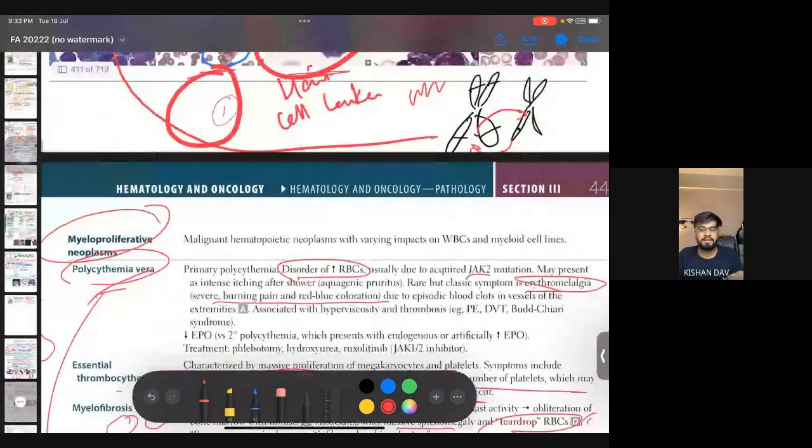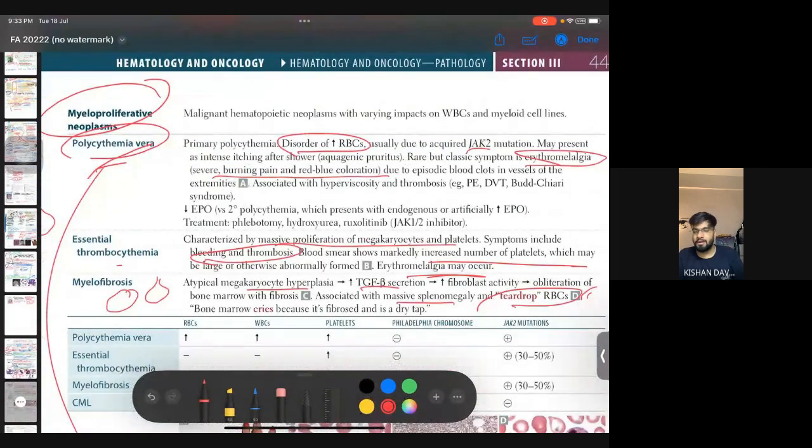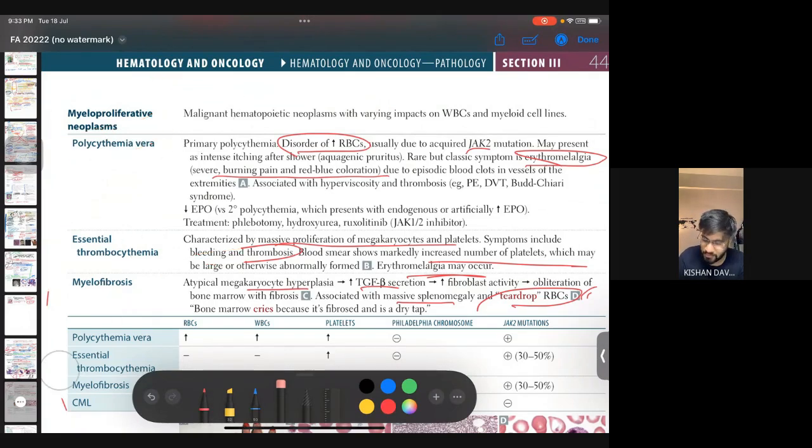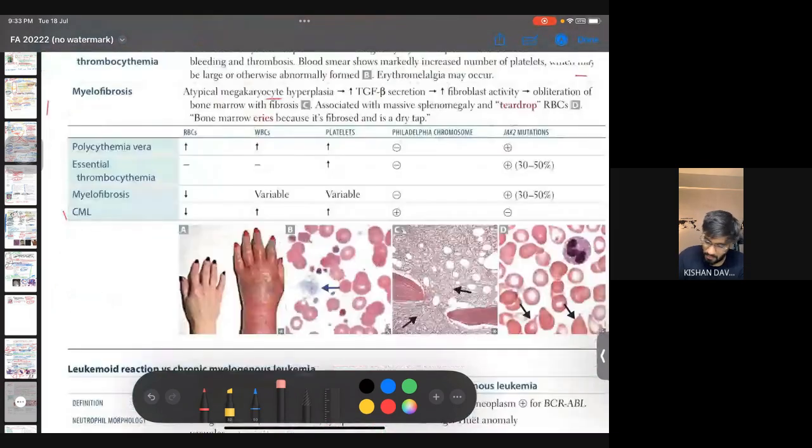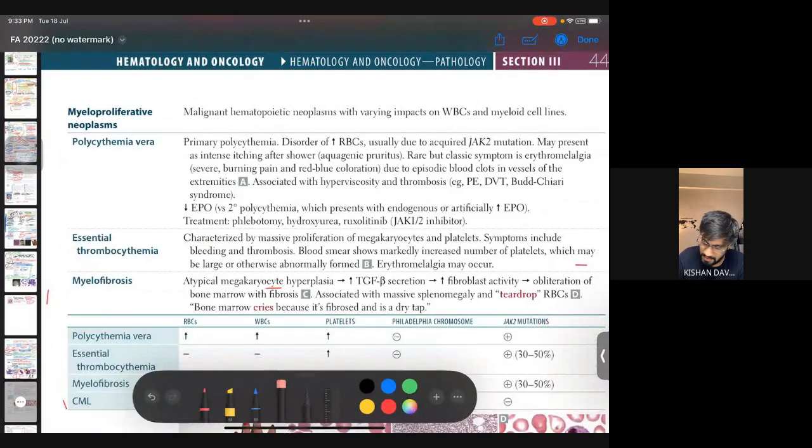All right, so leukemia, as you know, is very important and it feels difficult to diagnose sometimes, but all you need to remember is a basic one line of information. All right, coming to the myeloproliferative disorders, neoplasms, these are also important because questions have been asked. All right, let's see. The first one is